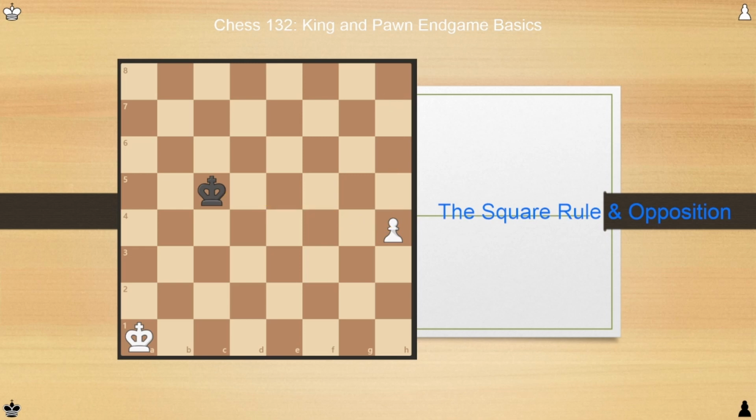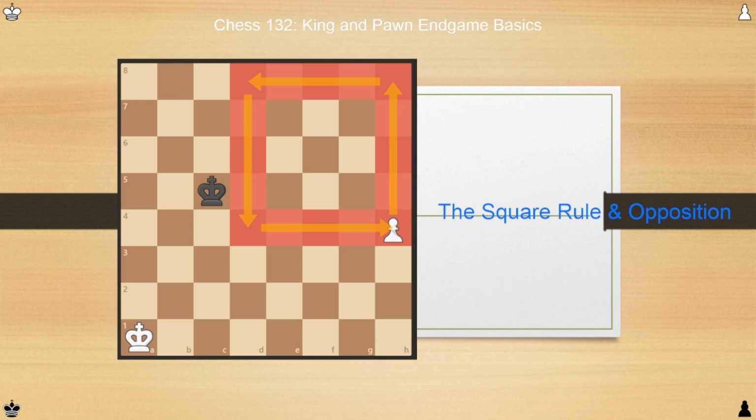This square is formed by counting the number of squares from the pawn to the queening square, and then using that as one edge of the square, allowing us to draw the other edges of equal length. So here, for example, White's pawn has 4 moves to get to h8, so we'll draw that side of the square, and then 4 steps to the left, and we'll continue 4 down, and 4 back to where we started. So now we have a 5 by 5 square, and it's bound by h4, h8, d8, and d4 as its